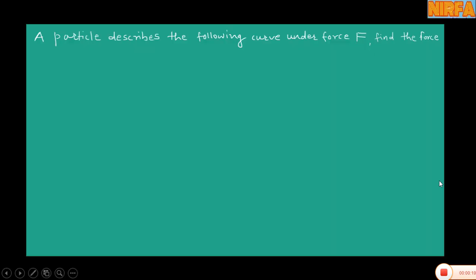Hello. In this slideshow, we will see some examples from mechanics. Actually, it is dynamics, from the chapter on central orbits. In this example, we will see a particle describing the following curves under force F. Then we have to find that force. Okay, the first example is